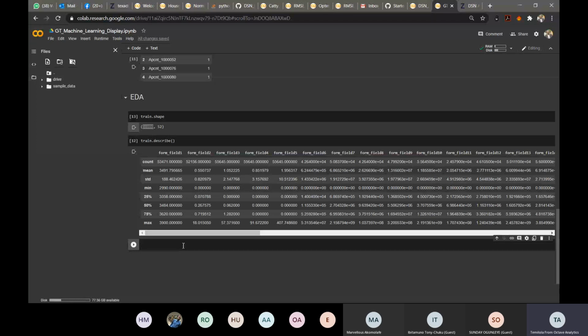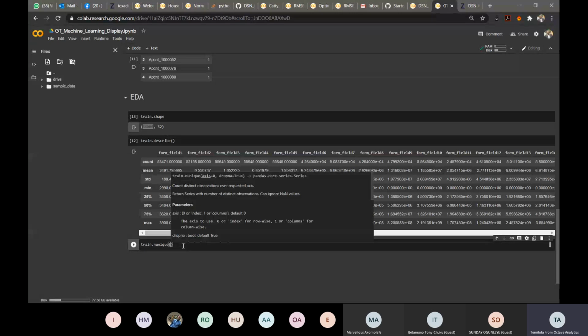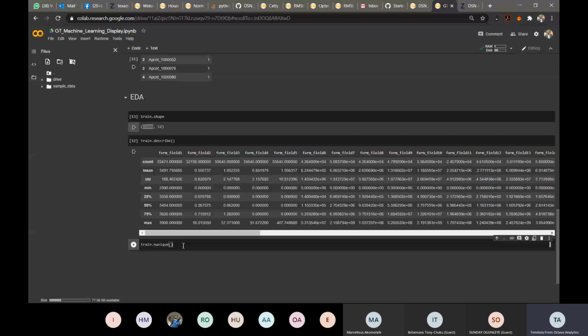So to check for unique values, I'll say train.nunique. Yeah, the good thing about Colab is if you don't remember the function, just start typing, and it will suggest something for you. Okay, so there's what we call sort_values in Python. It will sort all the values from lowest to highest. So automatically you can see